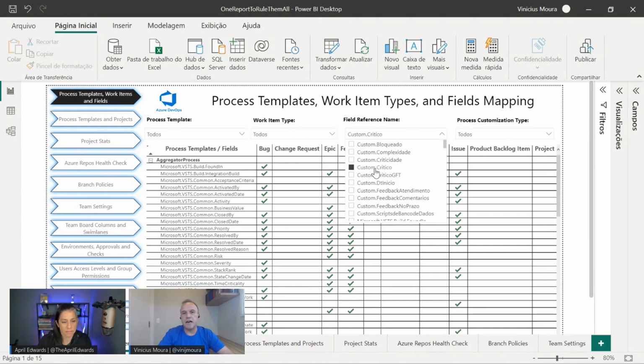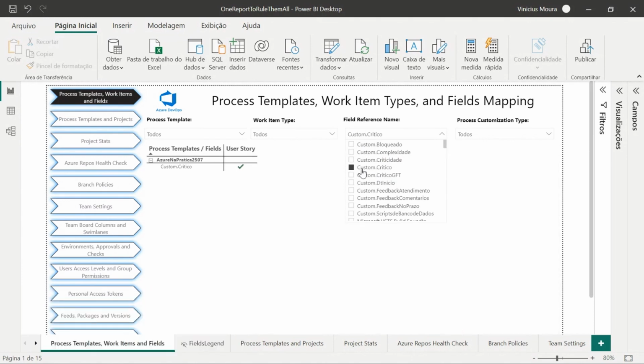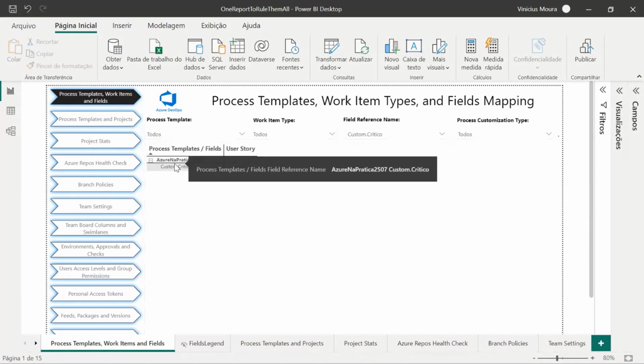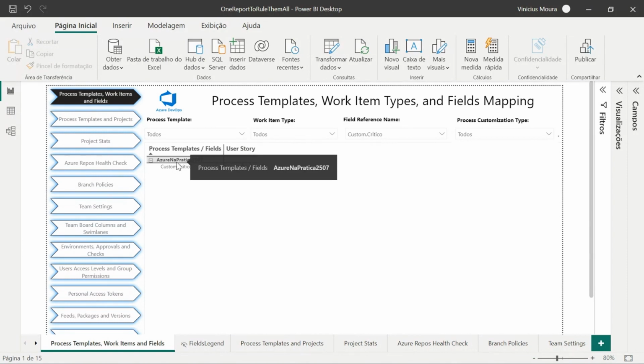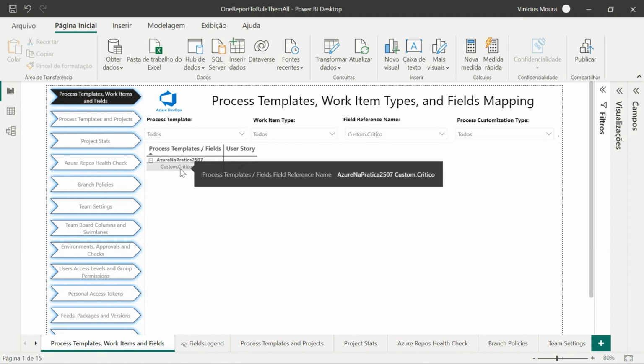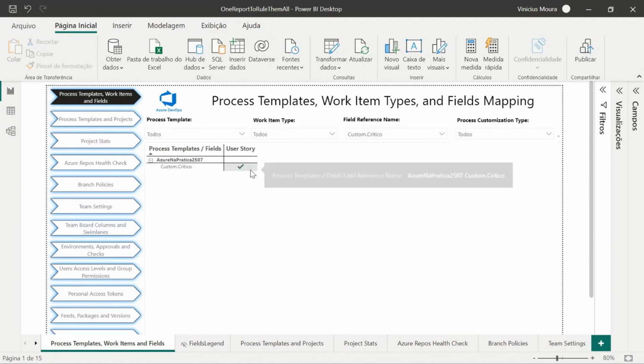I click on a respective field, and the report shows me: I created this field on the user story work item type, on the Azure na prática process template, and I applied this field on this respective project.